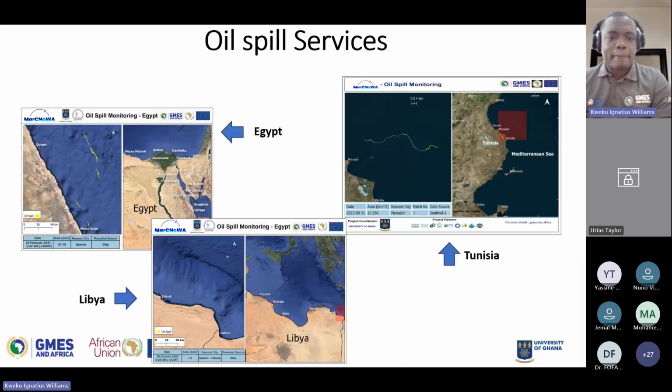or occurring. When we come to the oil spill services, we also have oil spill maps that are released on a daily basis, which started in the first phase for North Africa. So we are seeing examples of oil spill activities happening in Egypt, Libya, and Tunisia. We've also generated a portal where you can log in to be able to witness these activities as they